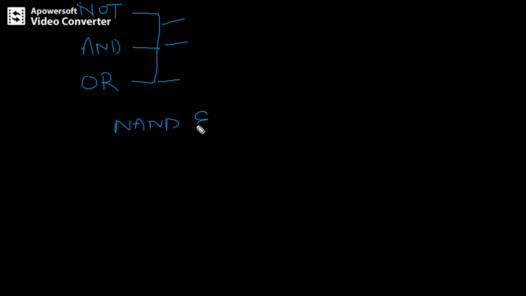Now we will see one by one what is the NOT gate, what is the AND gate and what is the OR gate. These are the basic gates. I told you we have three basic gates, plus exclusive OR as the fourth. So we will see NOT, AND and OR one by one. After that we will proceed to the NAND and NOR gates. Fine.